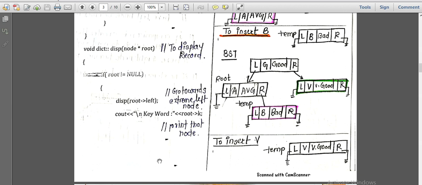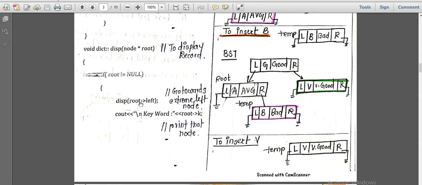If we are talking about ascending, we have to start from smaller to larger. So for the smallest value we go towards the extreme left of the tree, and there we get the smallest node in the binary search tree.